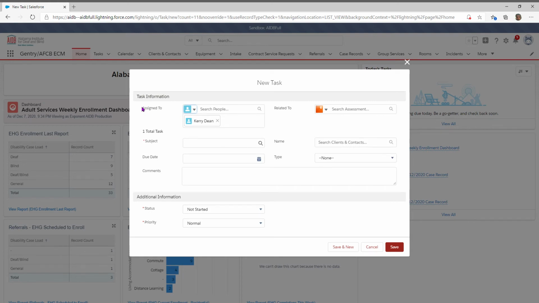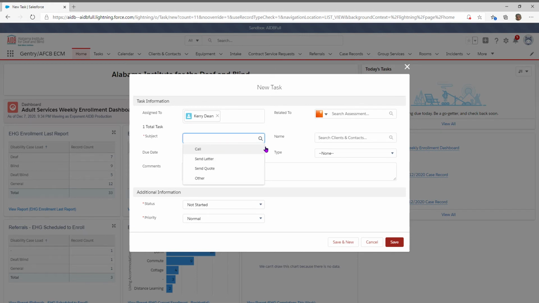First thing you're going to see is Assign To. This is where you would type in the person's name that you want to assign it to. So somebody calls you or you create a new case for a person. This is the only way that they will know that you created a case. So if you don't give them a task, they're not going to know. So what you want to do is assign it to me, type in new referral,